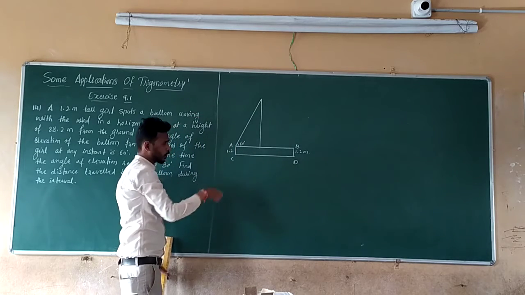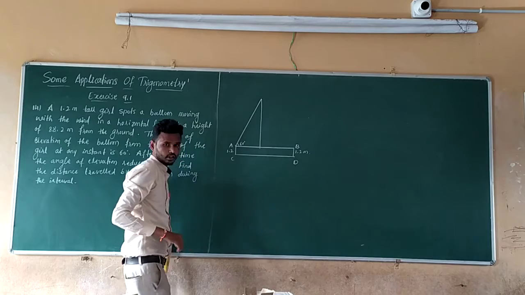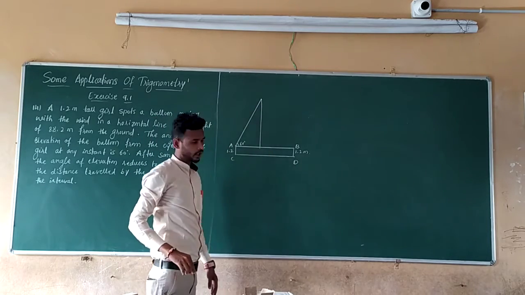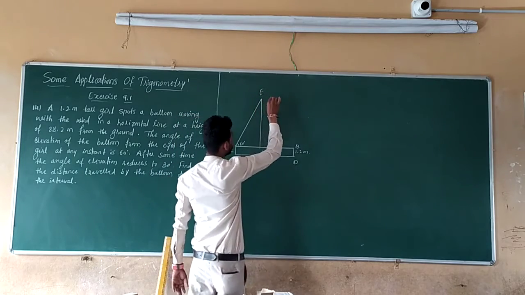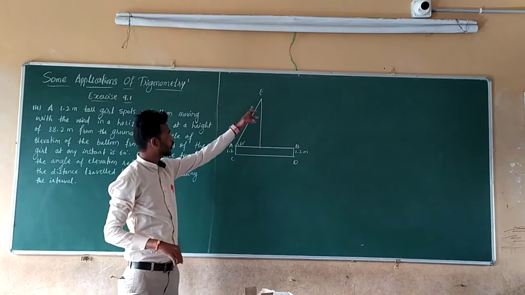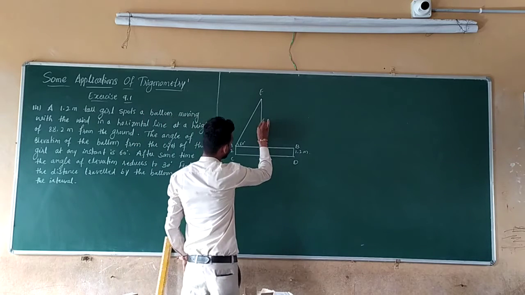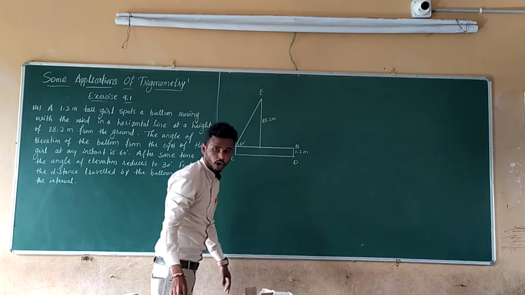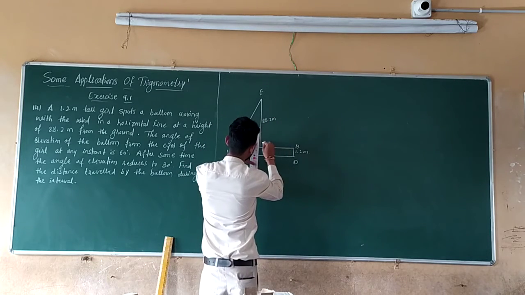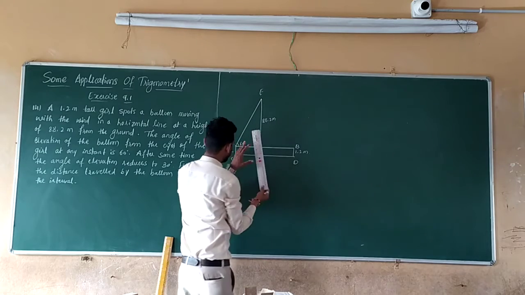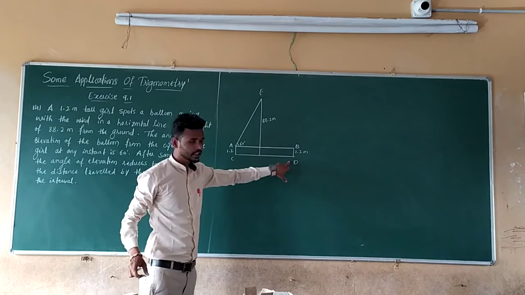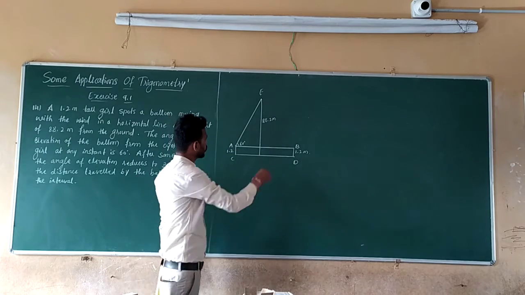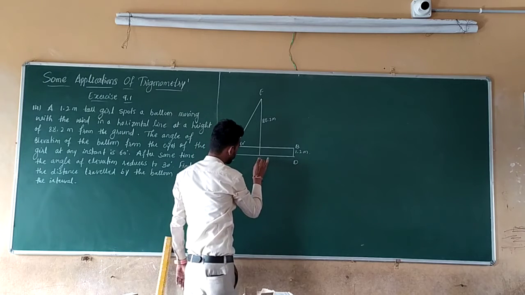So it is an angle formed between what? Line of sight and the horizontal line. Let us take the balloon to be at a point E. She spots the balloon at point E at a height of 88.2 meter from the ground, not from the AB. This is from CD. So here the CD is the ground and the AC is the height of the curve. So now this total height, that is EF, is how much?